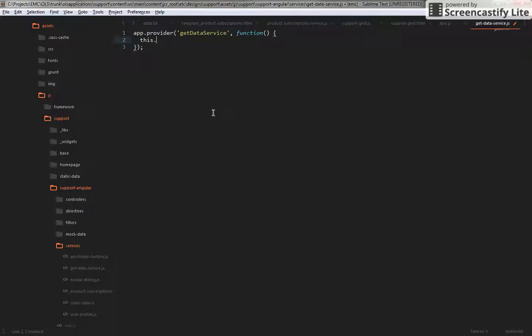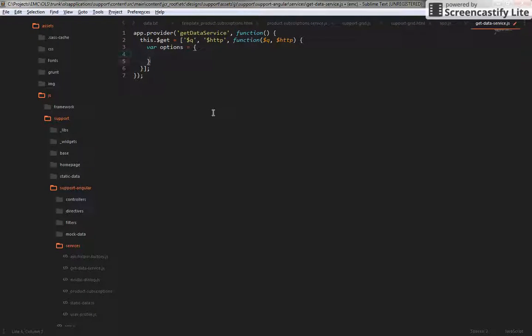And then we're going to place a get here, and we're going to be injecting a couple of libraries. We're going to be injecting Q to be able to use promises, and we're going to be injecting HTTP to be doing some HTTP calls. Same goes here, and this first part is only for the minification process. So once we do that, we can place it here,